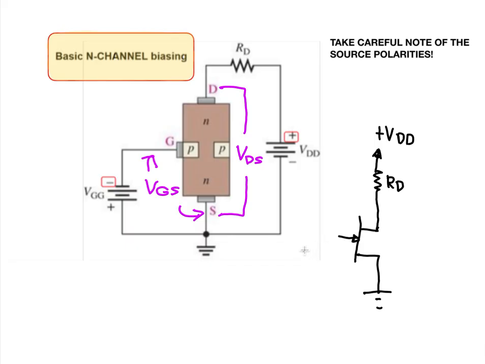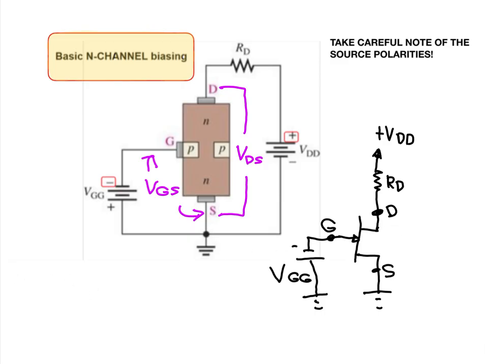Yeah, so anyway, I'll just draw it like that. Okay, and that's going to be negative, and this would be VGG. Okay, and then this would be the actual drain, and this would be the actual source, and then this would be the gate. Okay, so there's the schematic diagram,